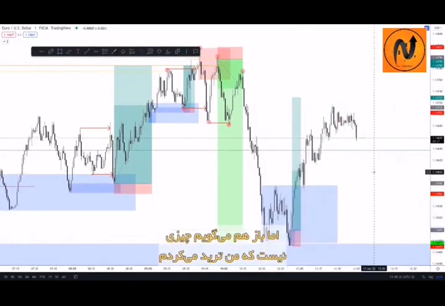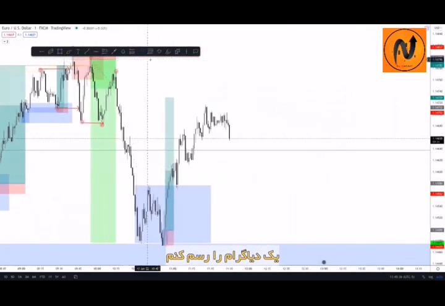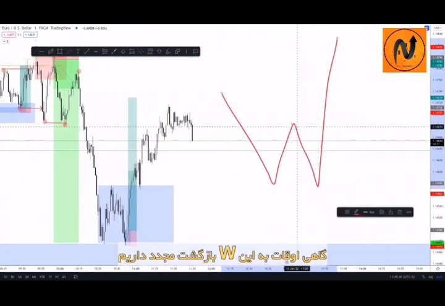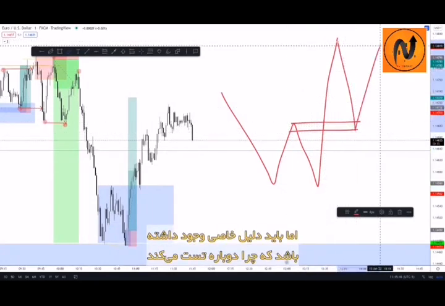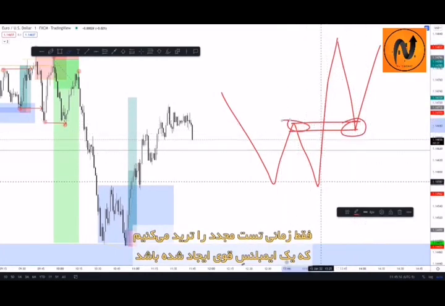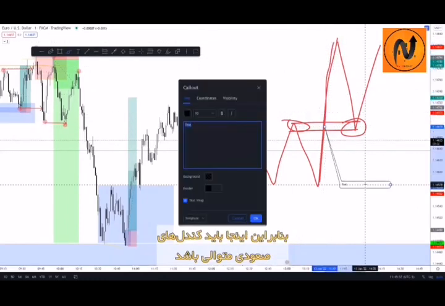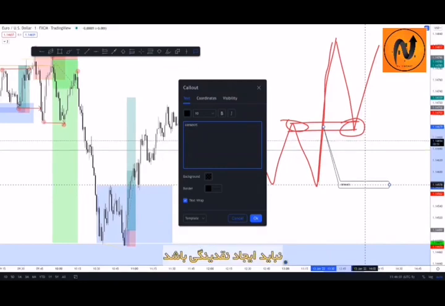Again, it's not something I would take. Whenever we have, I'm going to draw this diagram out. Price comes in, makes like a W, right? And we break that W. Sometimes we have a retest of this W, but there's got to be specific reasoning as to why we retest, right? We're only going to be able to retest the top and the top only if there's a strong imbalance coming through, right? So this has to be consecutive bullish candles. There can be no liquidity buildup,